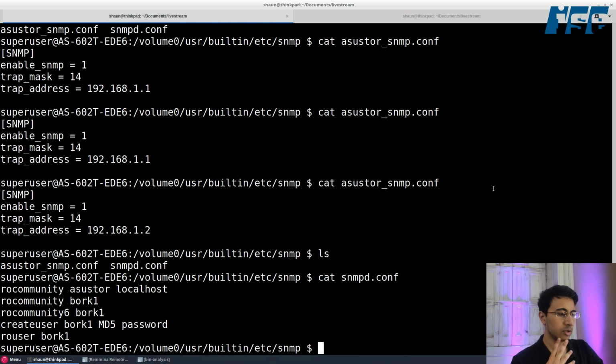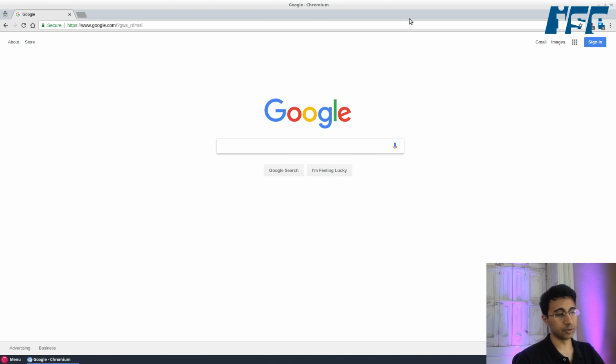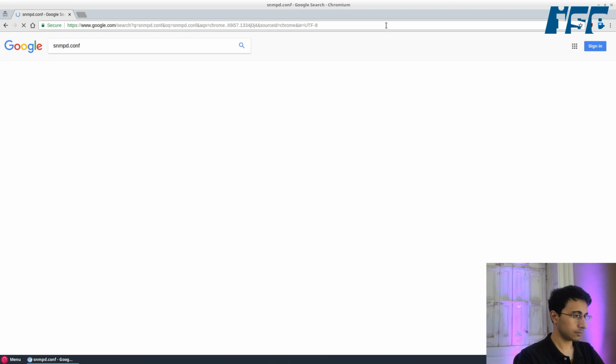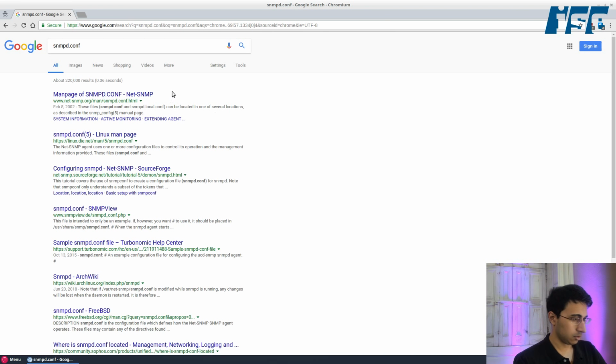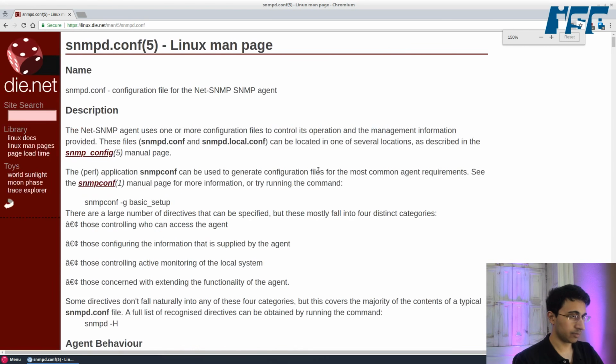So one thing we can do is read the man page for SNMP, specifically the format of snmp.conf, to see if there's anything malicious we could possibly do to exploit and take advantage of the fact that we're able to put certain values in that file. We just don't have context for what they do yet. snmp.conf Linux man page, that looks good. So if I zoom in,